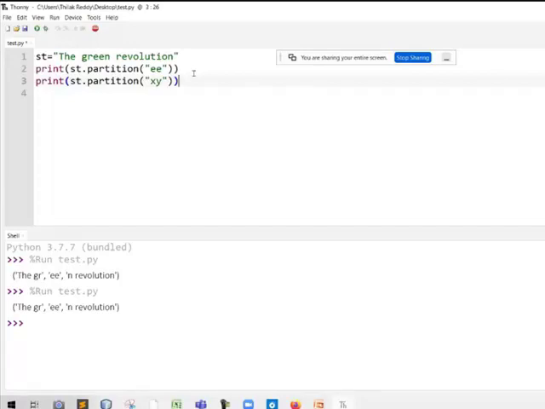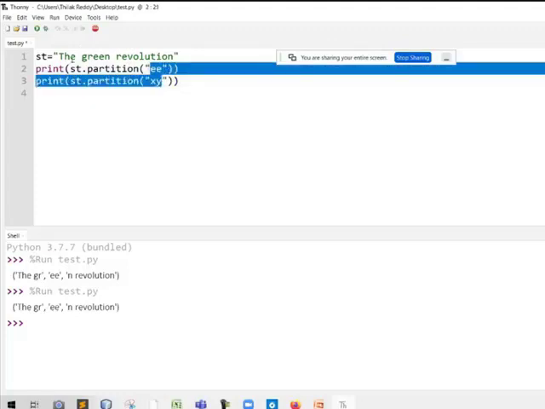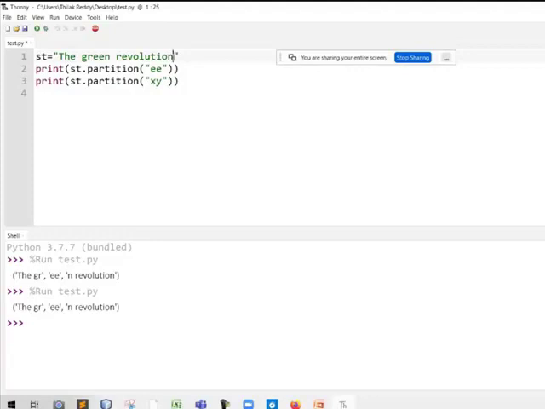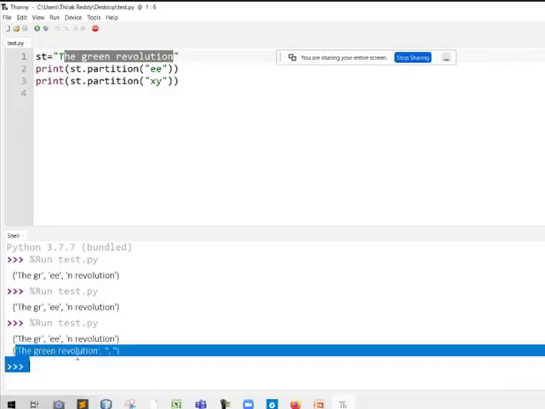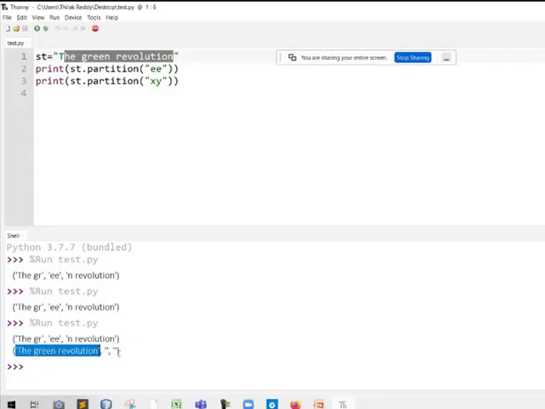The original string and one empty string, because this xy does not exist in the original string, so it returns the entire string as one part, and there is no string after the separator, so it returns an empty string. If I execute the code, see, the green revolution is the first part, that is the actual string, and one empty string, because the separator does not exist.